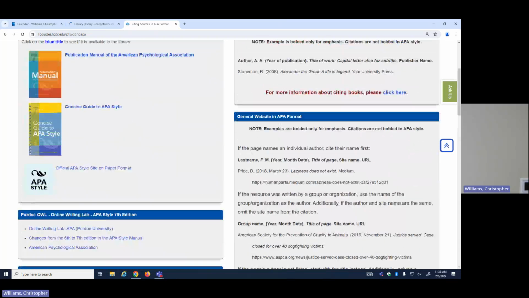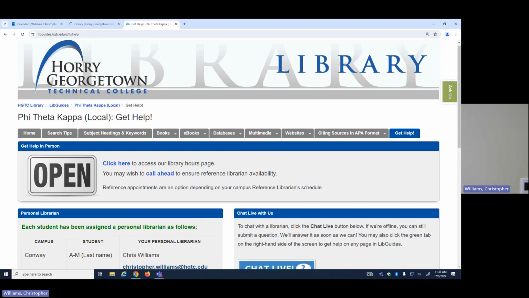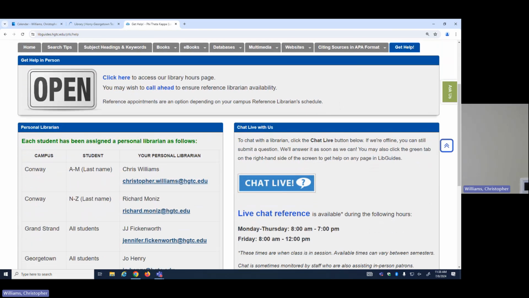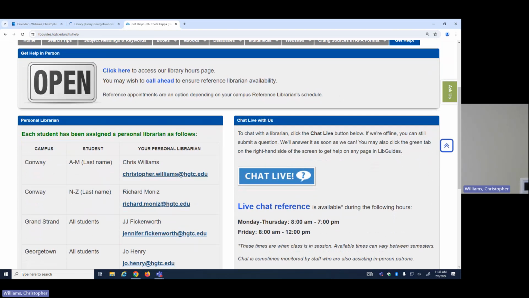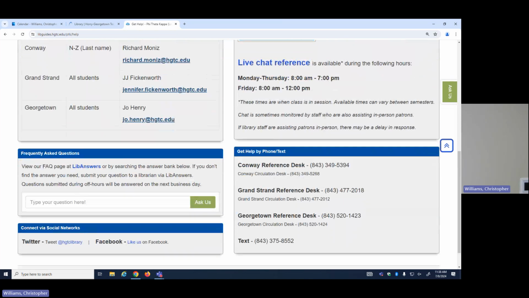But if there's research help you need, I know I went here earlier, but I will go over again what's here. So the Get Help tab has all the methods for contacting the library. Most of these are more generic in that you'll get some library employee, like our chat service, if you're